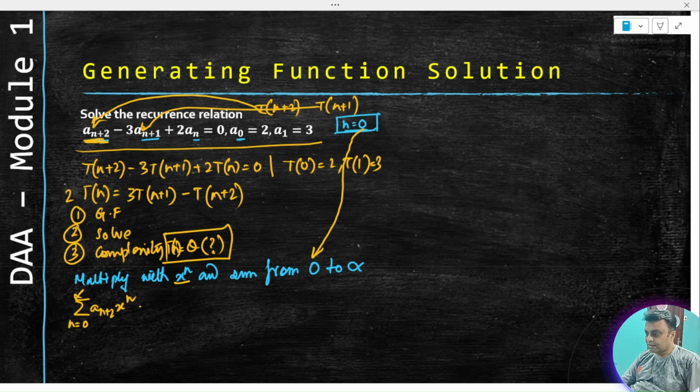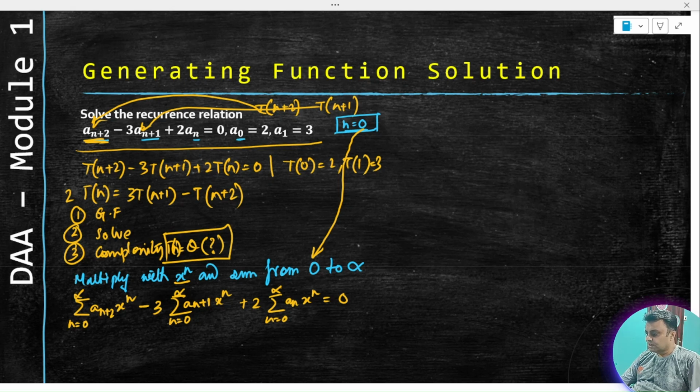right? The second term will be minus 3 sigma n equal to 0 to infinity of a n plus 1, and then we will multiply it by x to the power of n. Everywhere we are multiplying by x to the power of n. Then we will say sigma n equal to 0 to infinity of a n x to the power of n equal to 0. So this is what my equation comes to. Now if I expand this,